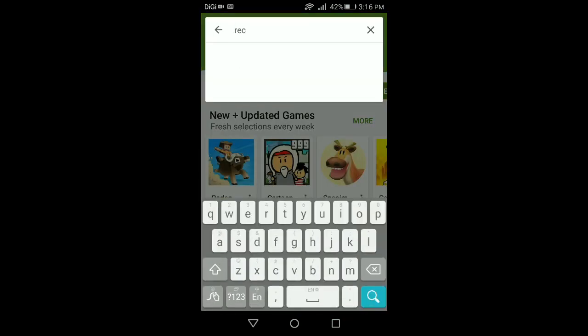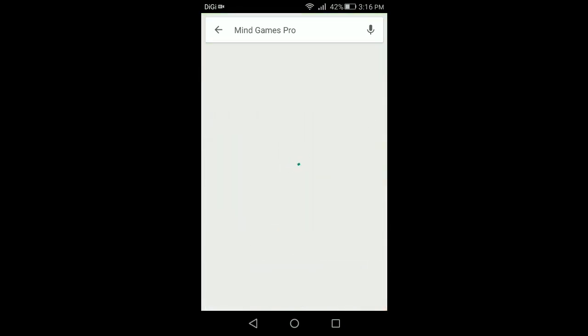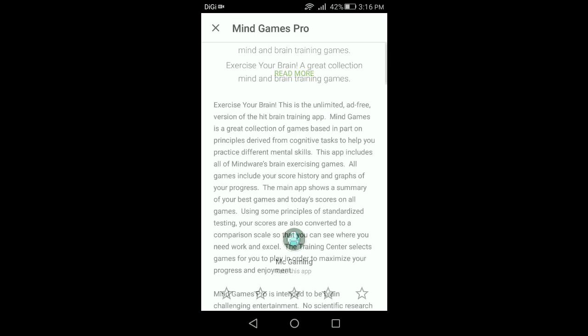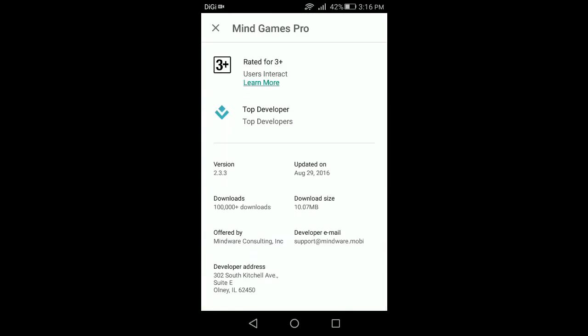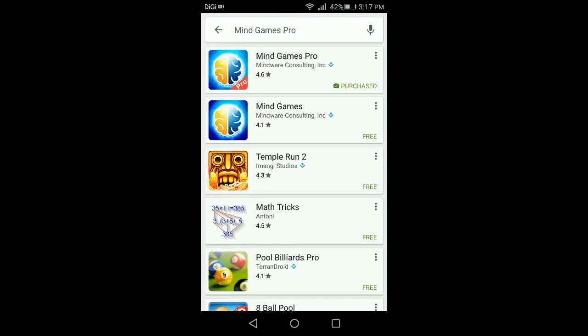You can just go to Play Store, to the app that you want to request a refund for. Click read more, and now scroll down to the bottom and you will see developer email, developer address. Now you can send an email to the developer email to contact them that you want to request a refund on this app.